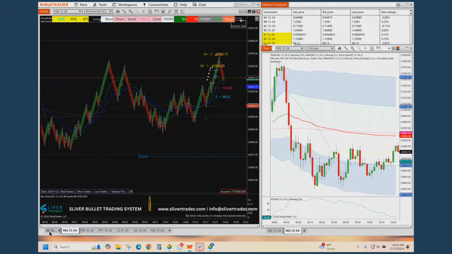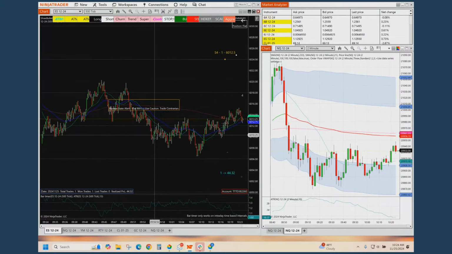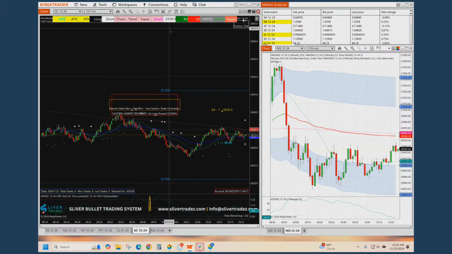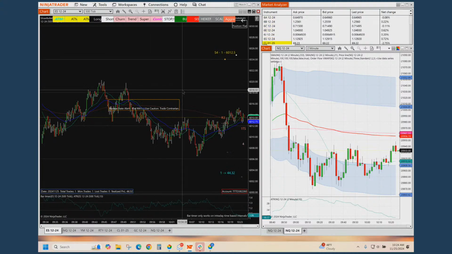But I will turn this off and look at what it's doing. And GC is hanging in. It's back and forth. It's not going anywhere. There's no movement. Here I got a trade, $80, and after that it's like flat. So I won't touch GC now. ES, I still feel contrarian short is the right trade to take. If the price goes up here again, I will take a contrarian trade.